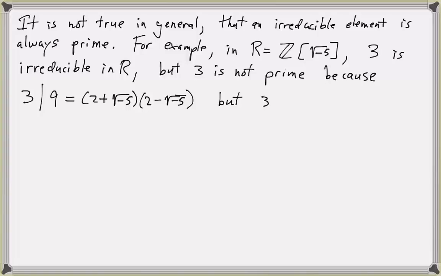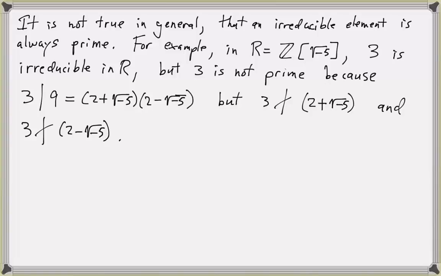But 3 does not divide 2 plus square root of -5, and 3 does not divide 2 minus square root of -5. So although 3 divides a product, it does not divide either of the factors, so 3 is not prime in